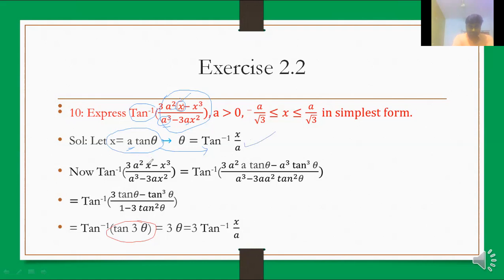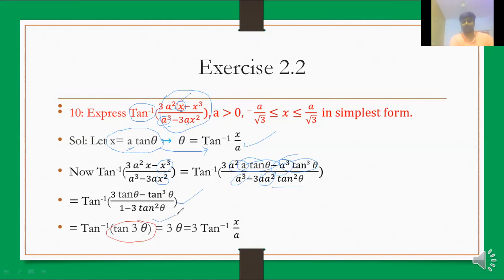Now substitute there. So 3a square, a tan theta. Now in place of x again a tan theta, so a cube tan cube theta. Clear? Here also in place of x again a tan theta, a square tan square theta. So finally we'll get a square into a cube. Here also a cube, here also a cube, we'll have a cube common, cancel. So finally the result formed is the formula for tan 3 theta.